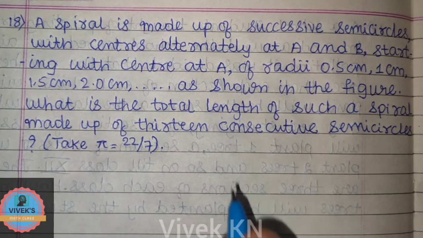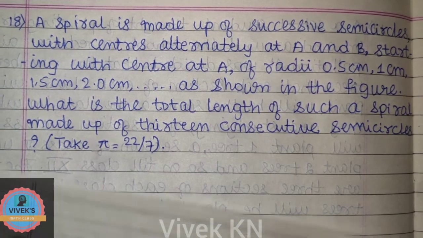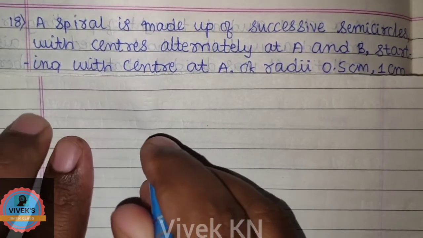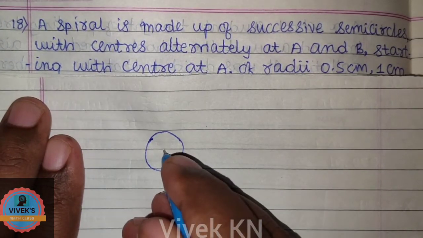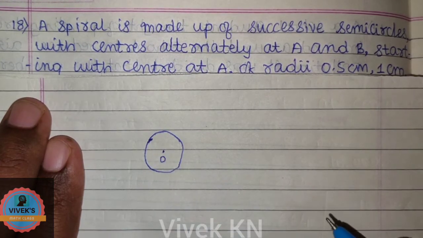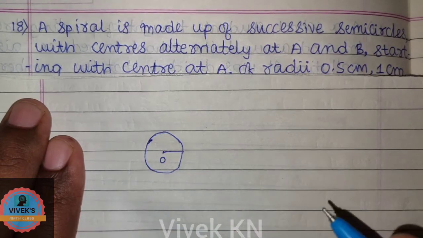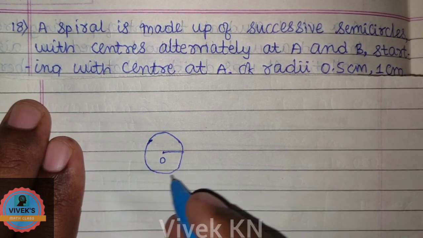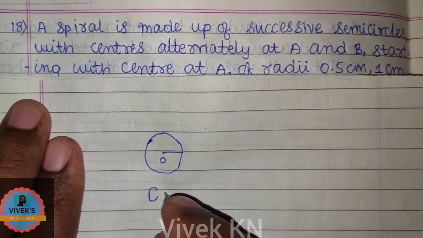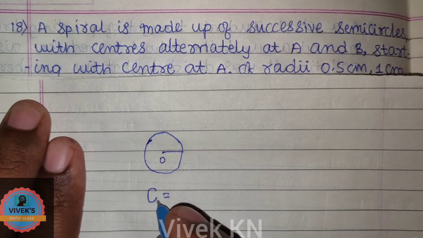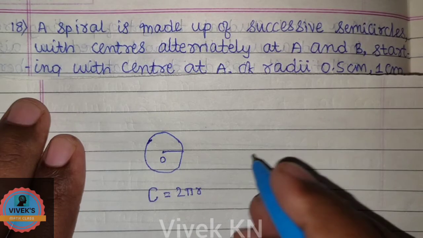Before solving this problem, let us recall the basic concepts of circle. Here, this is the circle, this is the center of the circle, and this is the radius. The length of the circle is nothing but the circumference of the circle. The value of circumference of the circle is 2 pi r, and